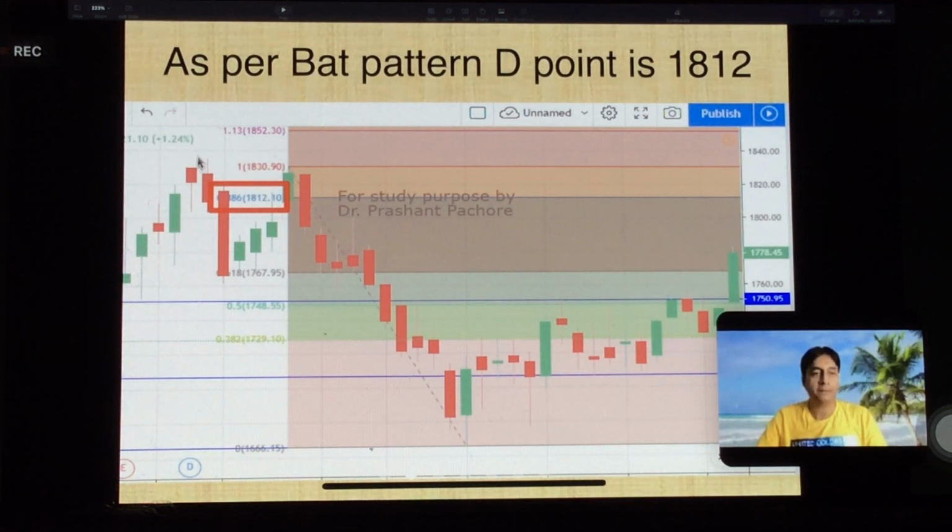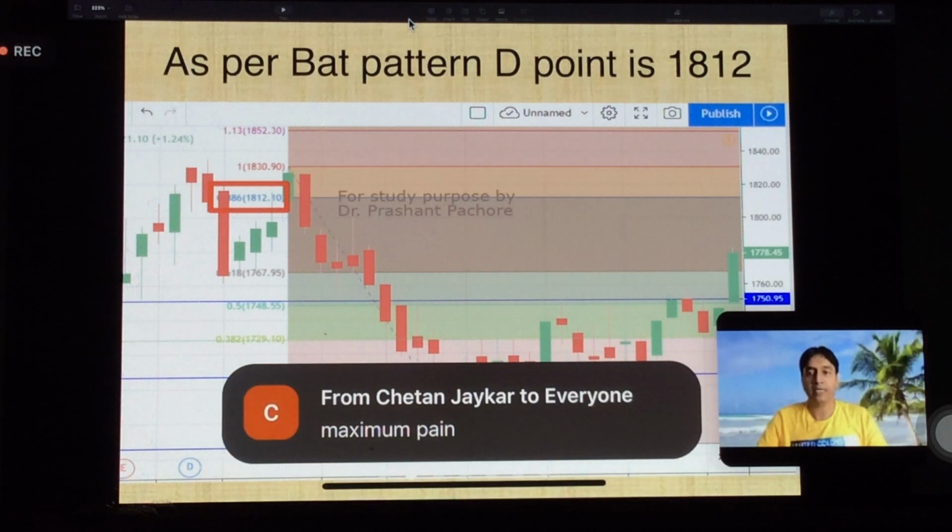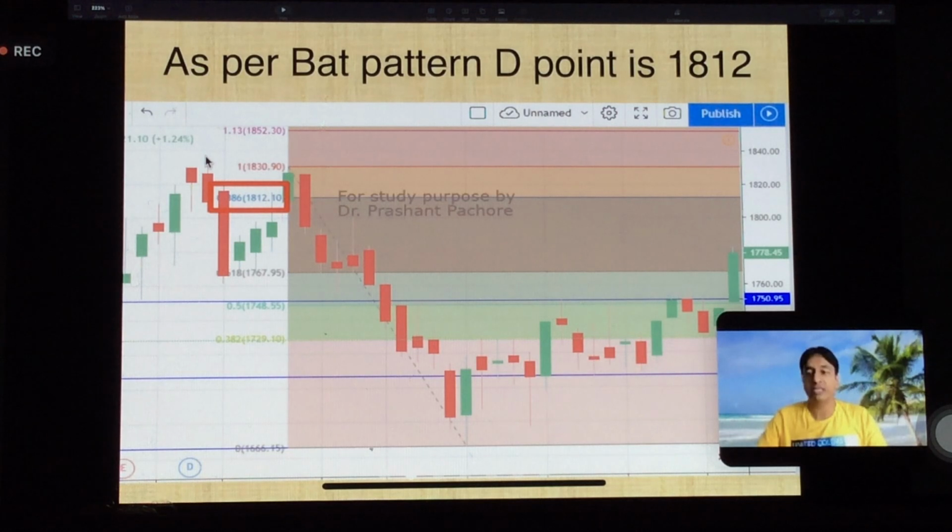But what I am seeing here, my X is here, 1831. If I add 2 points, it will be 1833 above my stop loss. But we will call this level the immediate swing high, just above our original stop loss high. We call it the max pain level, MPL. So our stop loss should be beyond this.